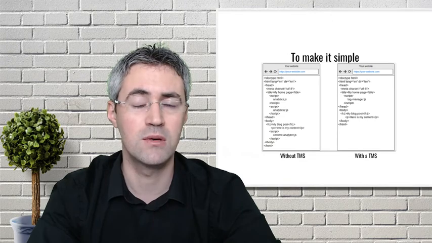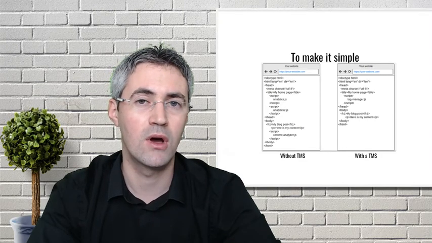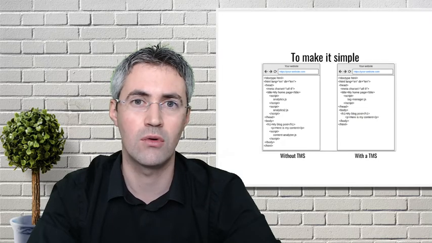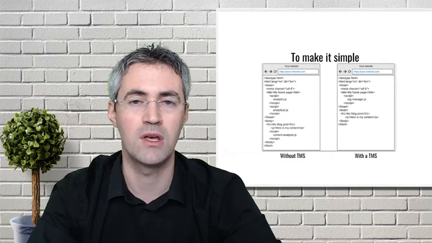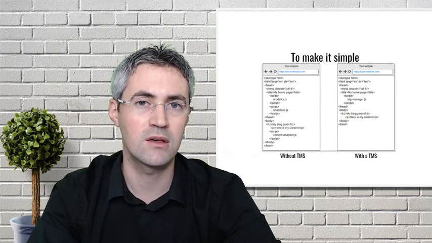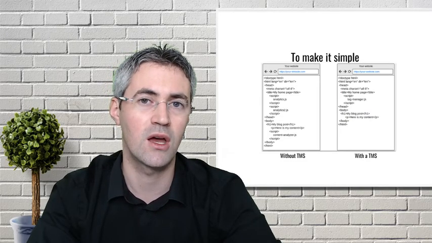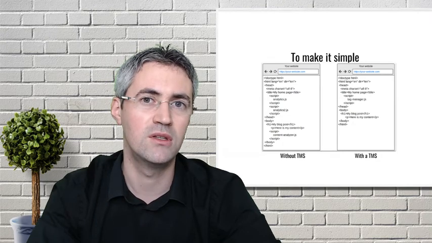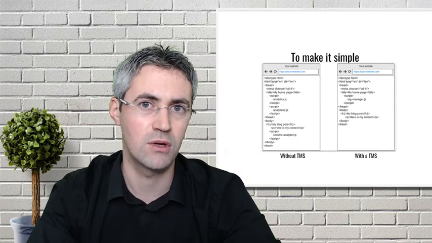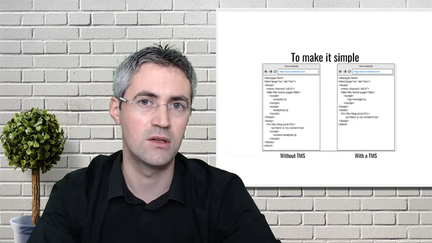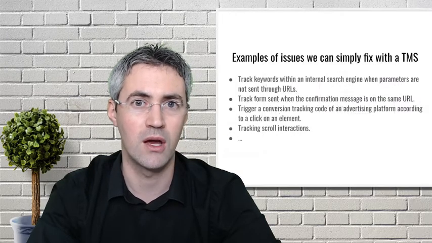So to make it simple, in the old system, you had several analytics solutions or even several marketing solutions that you were inserting on your website by copying and pasting multiple tags. So you had a configuration where sometimes you even had up to 20 different tags on the same page. With a tag management system, now you just have one JavaScript on all your pages, and it's this given JavaScript which will be controlled through the UI.